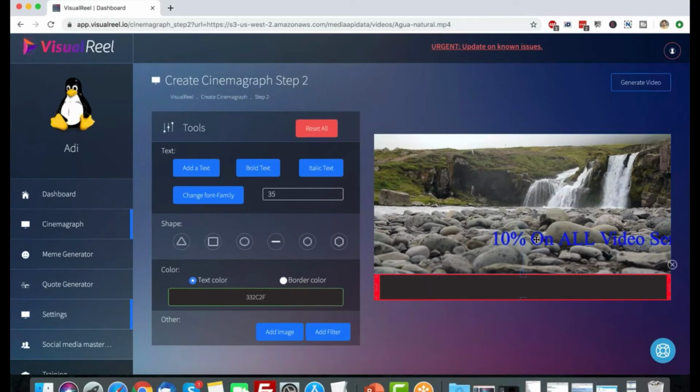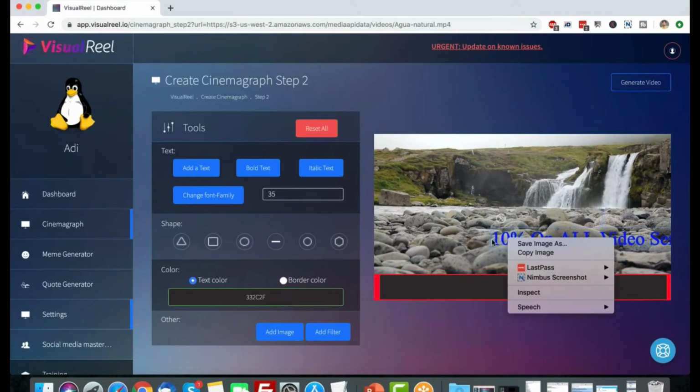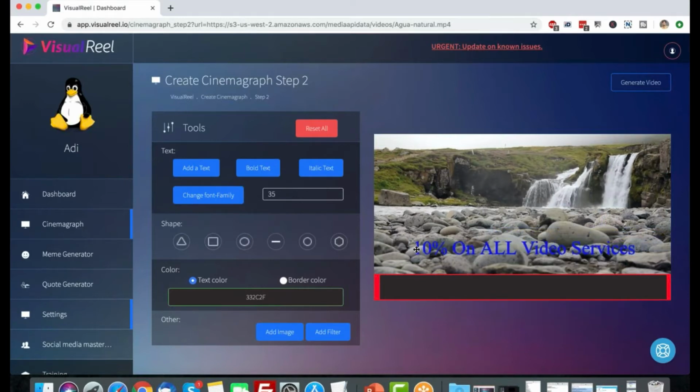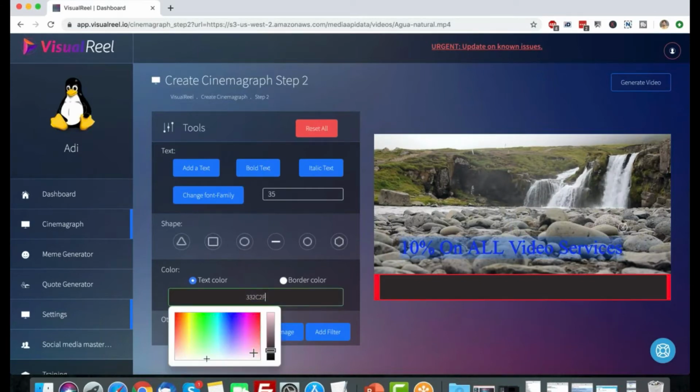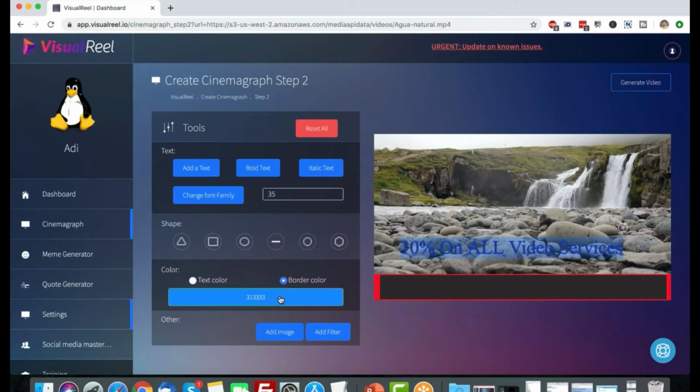Hang on. Oh, there we are. I'm gonna drag this over here, double click it, and change the text color to something else, maybe white, and I'm gonna change the border color to red.